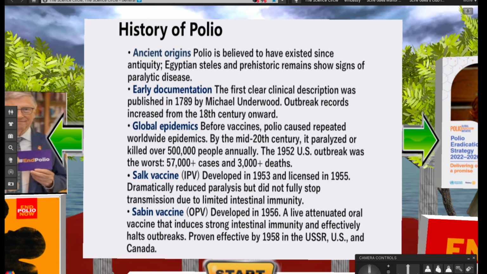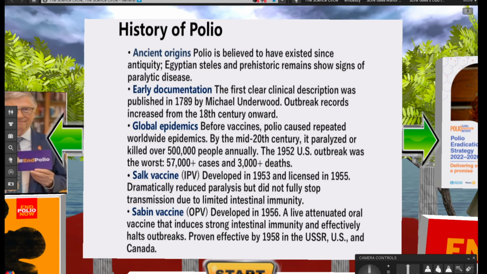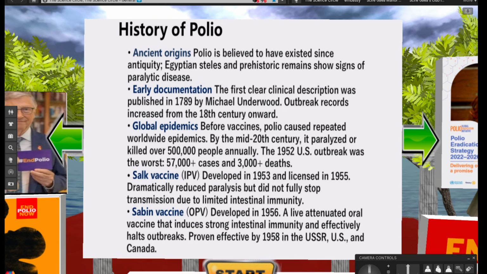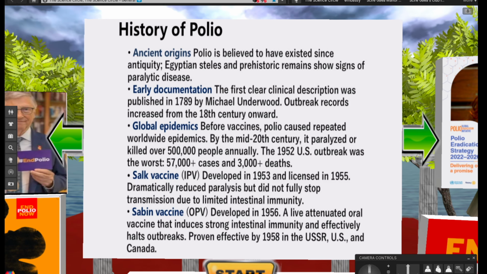In response, Japan conducted an emergency nationwide OPV campaign on July 21, 1961, achieving an initial coverage rate of about 91%. The results were dramatic. Cases fell to 289 in 1962, 131 in 1963, and 84 in 1964. Routine OPV immunization began in 1963. In 2012, Japan transitioned from OPV to IPV for routine immunization to eliminate the rare risk of vaccine-derived paralysis. Since then, no domestically acquired polio cases have been reported.